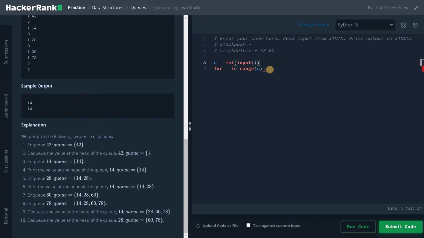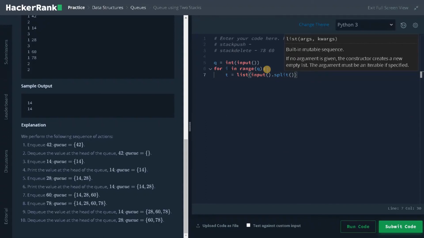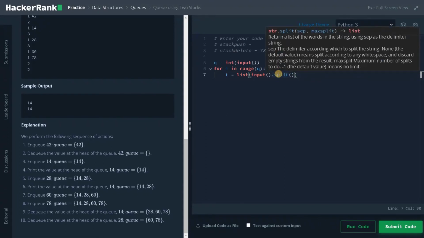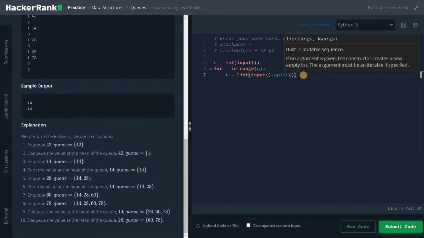I'll just use the normal way. Now after that, we need to get the query type and the variable. So I'll be using a list. So t equals list of input dot split. So this will split the input and store it in a list.